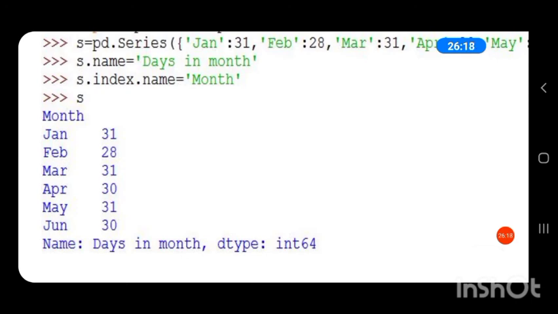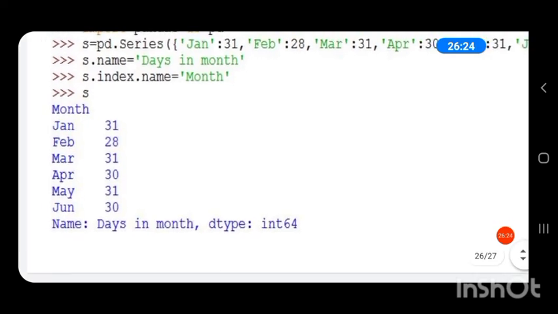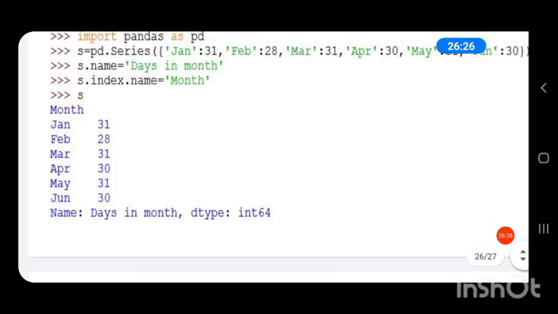So we can give the index name as s dot index dot name. That is, s is the name of the series, then s dot index means the index of the series, s dot index dot name equal to, in single quotes, month.